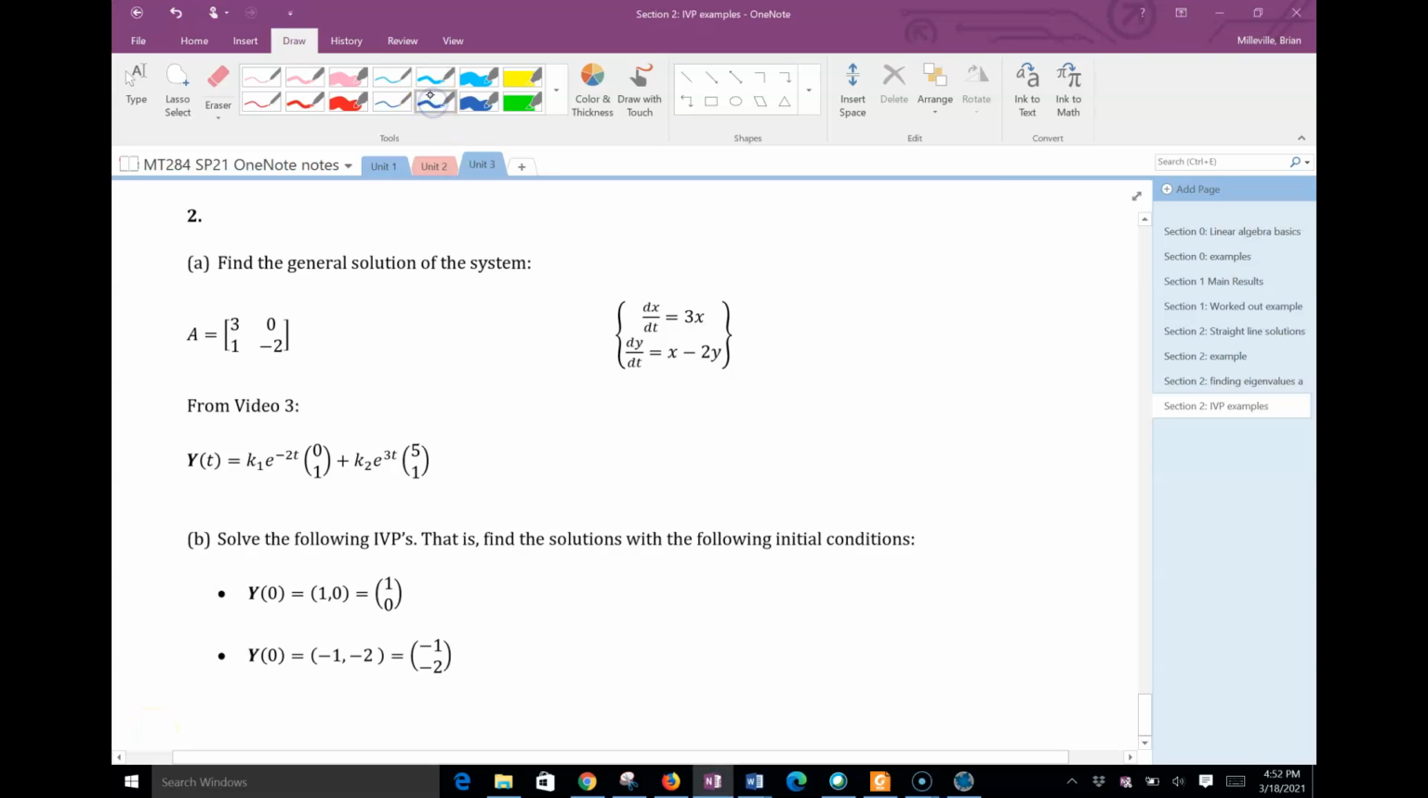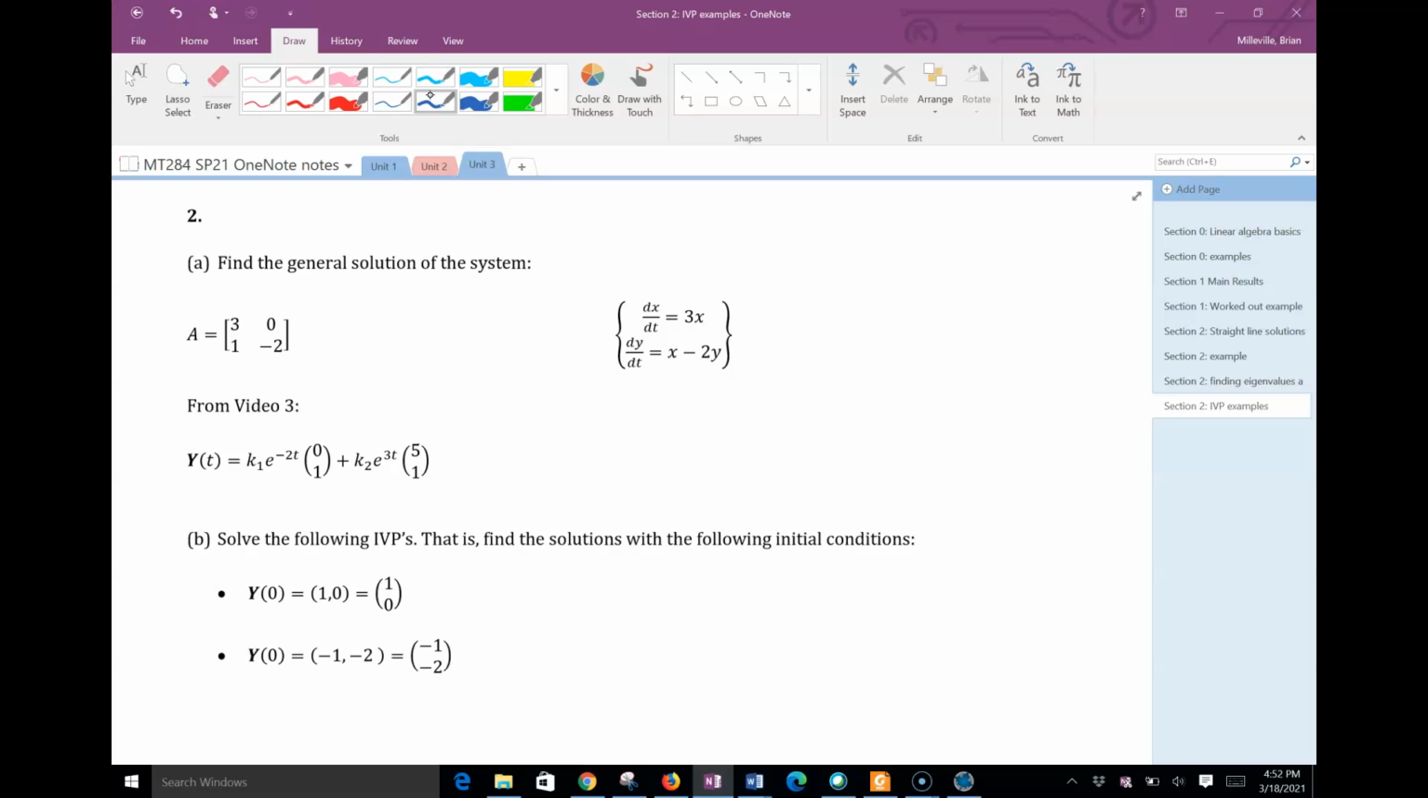Okay, welcome back. We're going to do another example of finding the solution to initial value problems using the straight line solution approach, using the eigenvalue and eigenvector approach. Okay, so what we found in a prior video was that for this system,